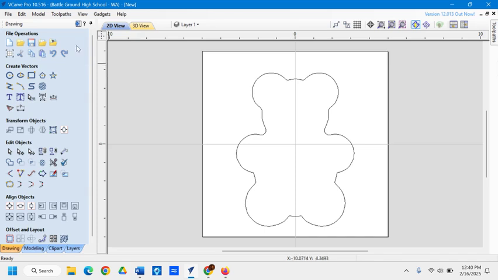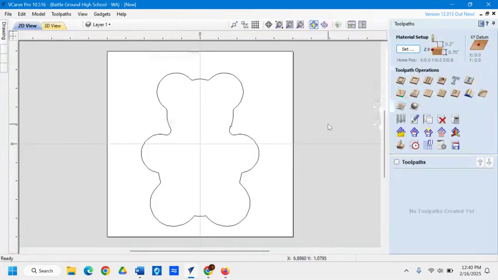We're going to go ahead and switch over to the other side by using this blue arrow inside of a box near the question mark and near the stick pin. We're going to press that arrow and that will transfer everything over to the other side. Over here we have our tool paths. On the tool paths we have little brown boxes, and each of these gives us different options. So we're going for a profile tool path,